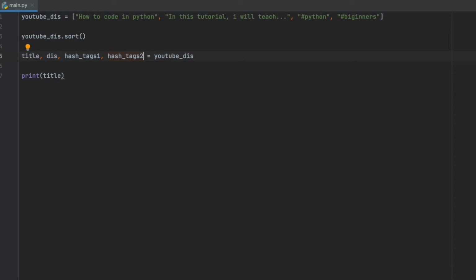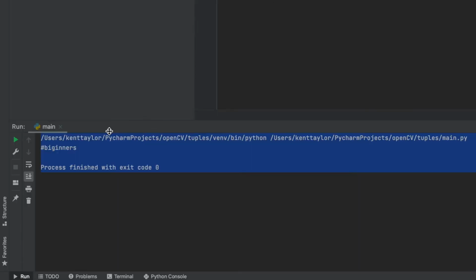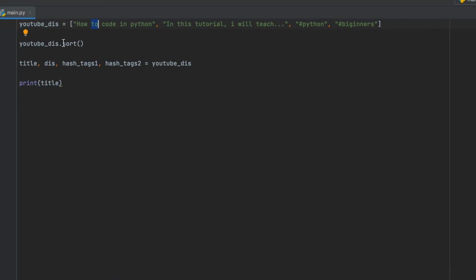Okay, now if I do that, you can see that my title is no longer how to code in Python, because when we sorted this out, it took these values and put it at the beginning, because in alphabetical order, it counts some different values as greater than these values over here. And so now it's assigning it to the wrong one.